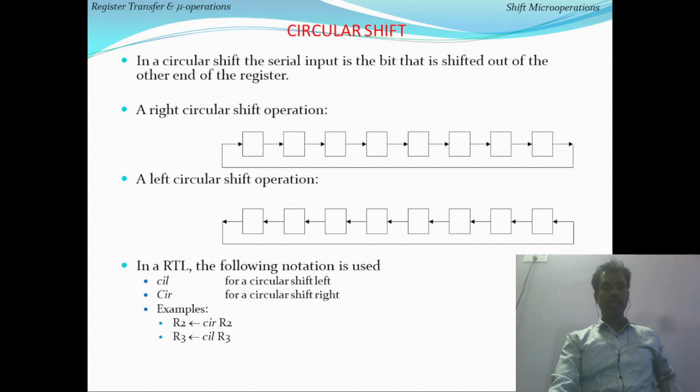The rightmost bit is transferred to the leftmost position, and the data is right shifted. Generally in shifting, one bit is discarded and one new bit is added. In rotation, instead of discarding and adding a new bit, the discarded bit comes back and is stored in the new bit position. That is the rotation. Similarly, left circular shift means left